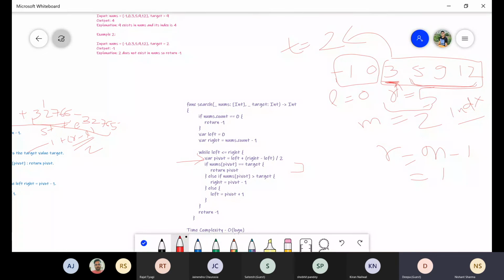This is the first dry run. Now, if we basically try to search, suppose 12 in this array, the target is 12. We can take the target as 12, and we will try to do the dry run again. Initially the mid is 2. We will see, okay, 3 is equal to 12? No, but 3 is smaller than 12.